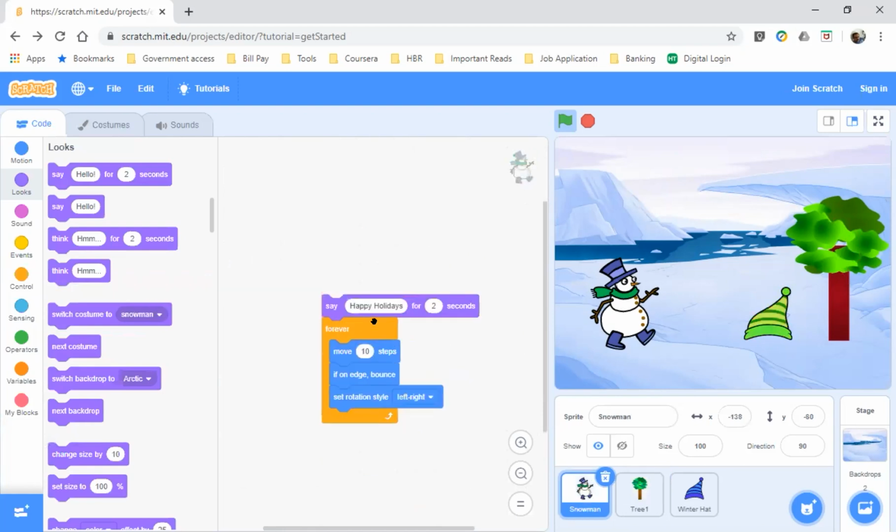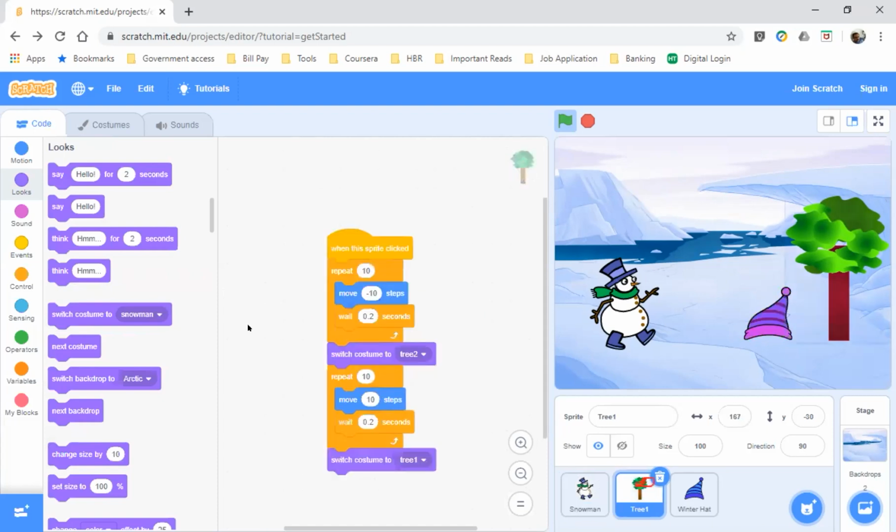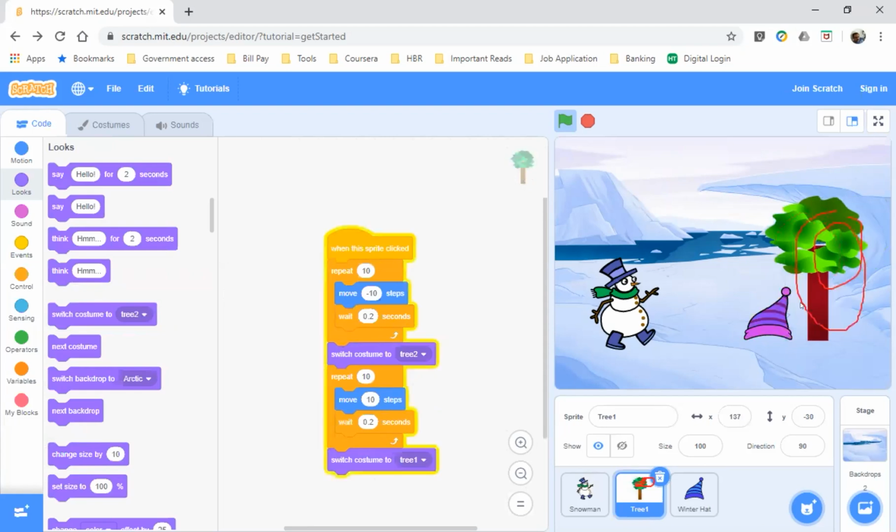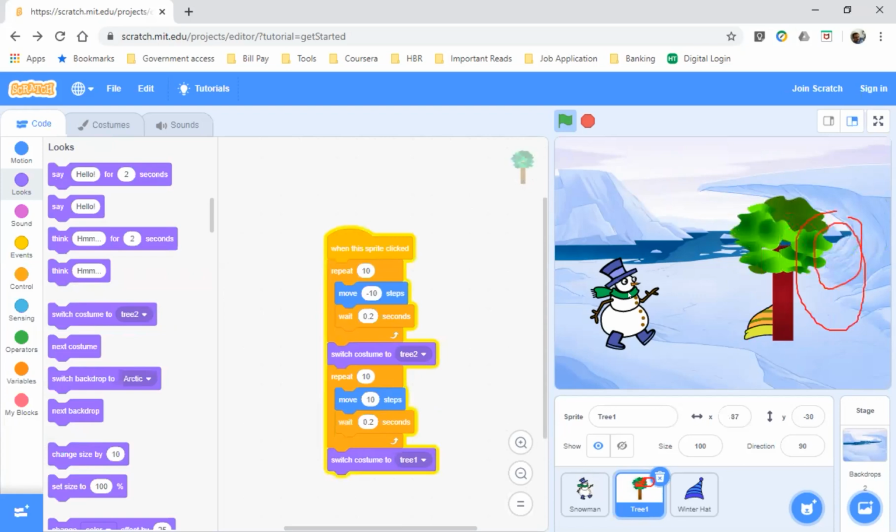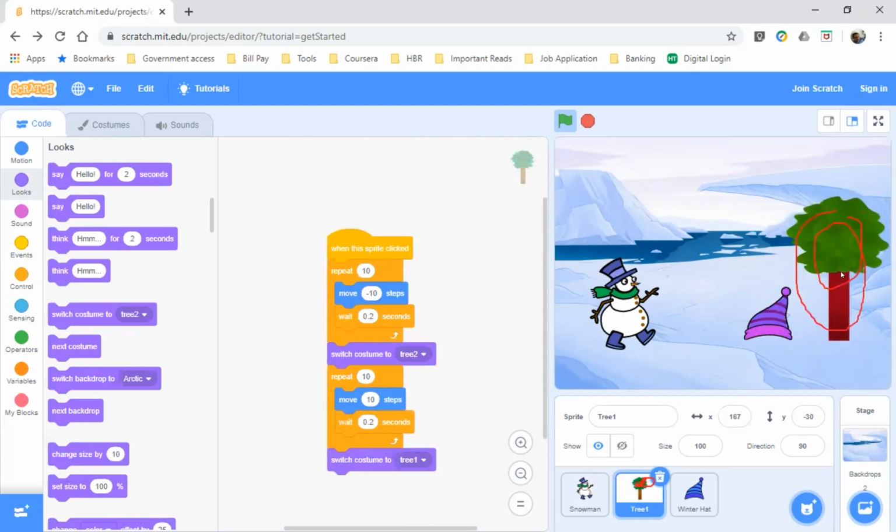Can you click on this sprite first? Let's go to the code for the tree. Now click on the sprite over here. It is moving. Yes, sir. And it is changing the tree also, right?